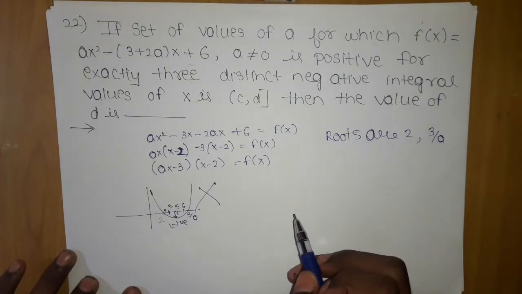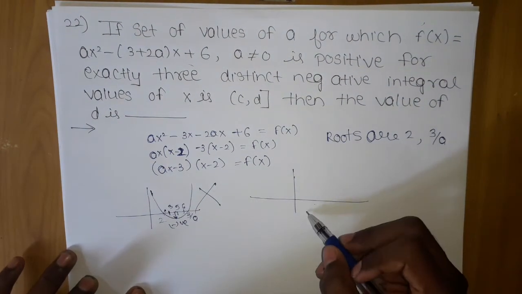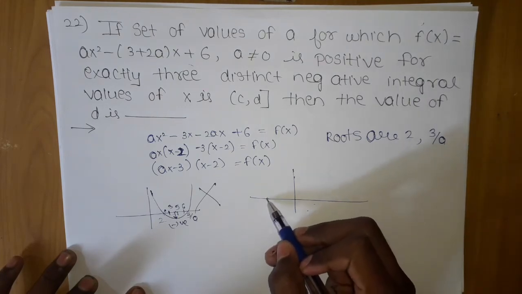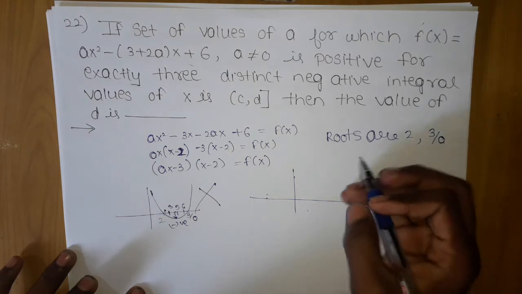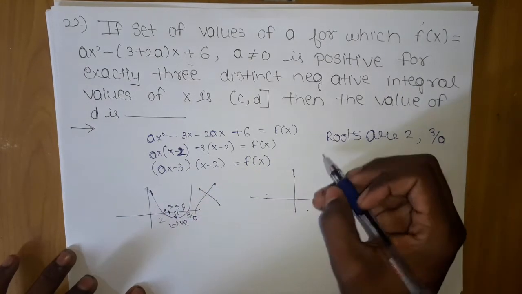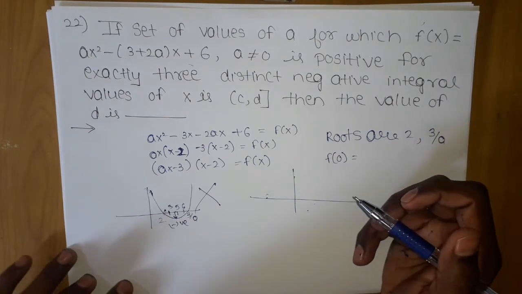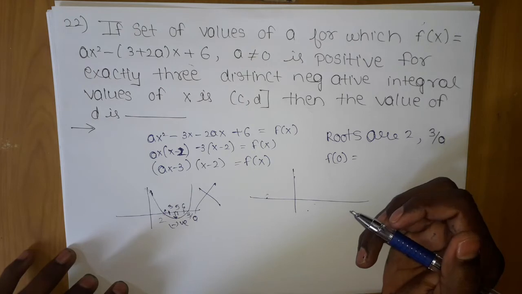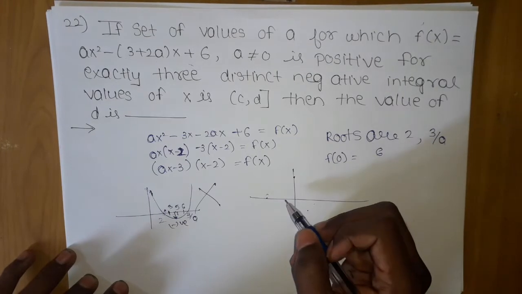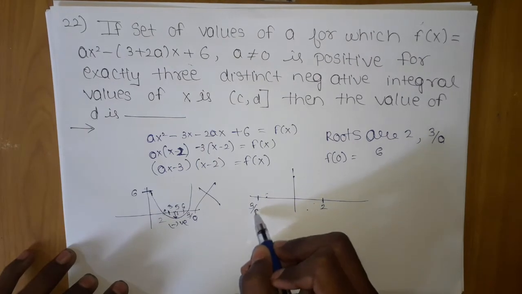Now the other graph which can be possible is a downward parabola, which is like this. Now for negative integrals, and it should have root 2, so negative integrals will lie here. One more thing, it can intersect somewhere here. Let's find its intercept, which is c. How can we find it? By putting x equals 0. This is the basic thing; in our previous problems I have told this, to get c you can put directly f of 0. If I put it, I get 6. So it will cut at 6. So here we are getting root 2, and here there will be 3 by a.